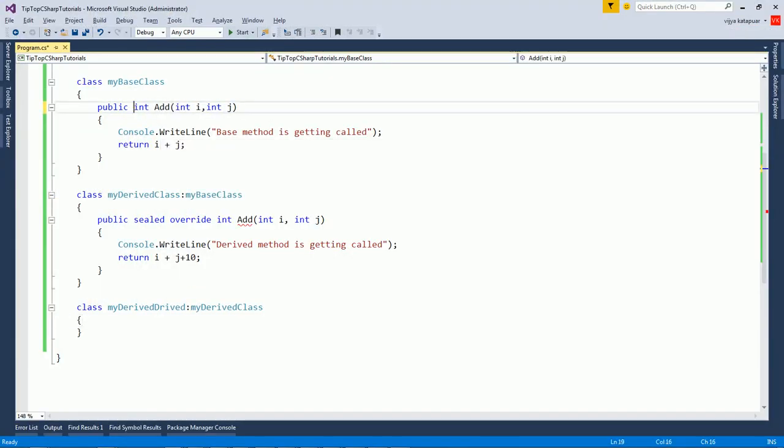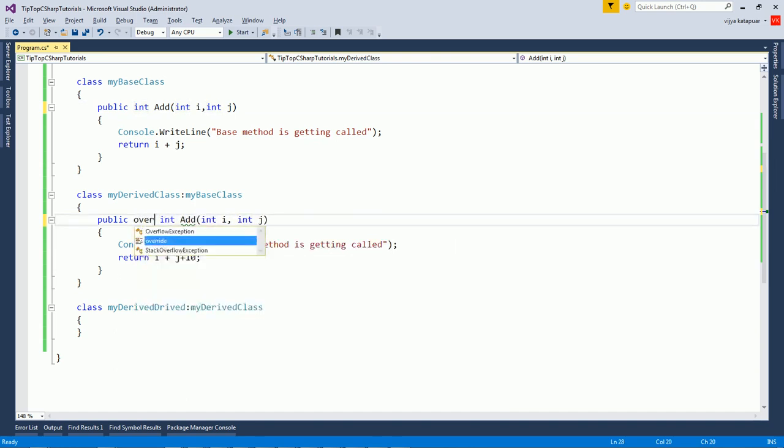Now, if I'm having something like this, you can see that my base class does not provide the virtual keyword. So if I use override, it will be an error because there is no virtual method. But instead what I can do is use the new keyword, which makes sure that I am having my own implementation of the method.